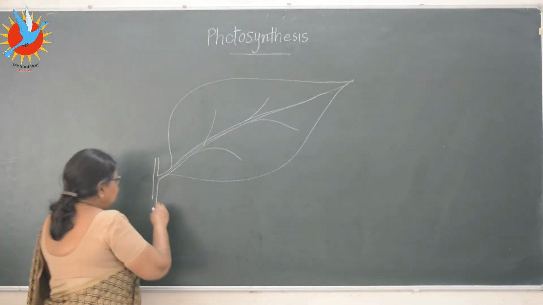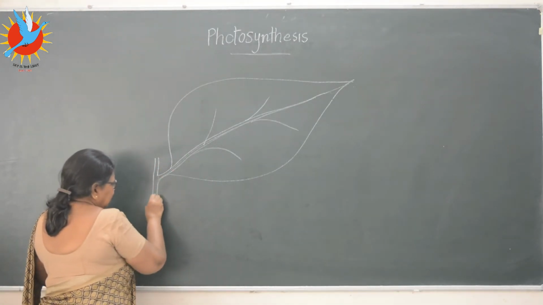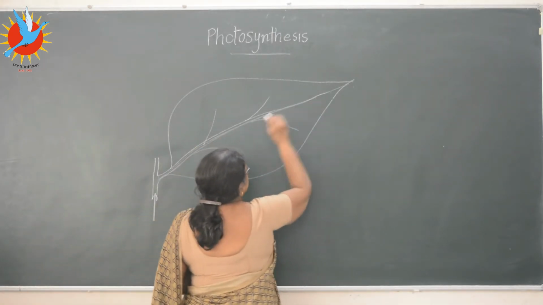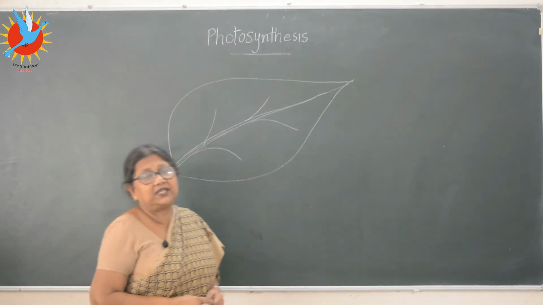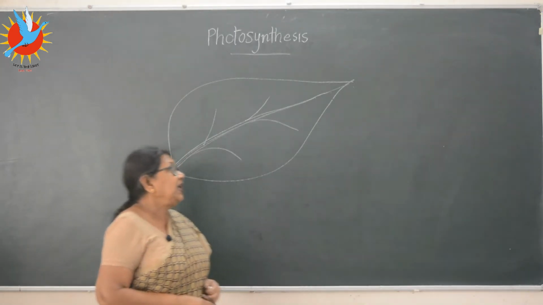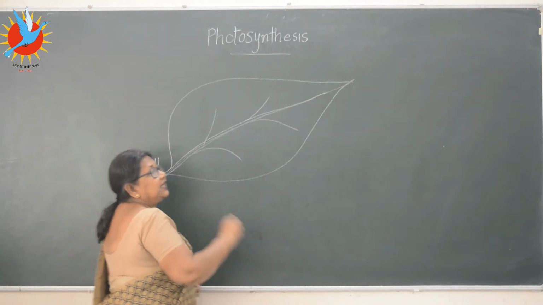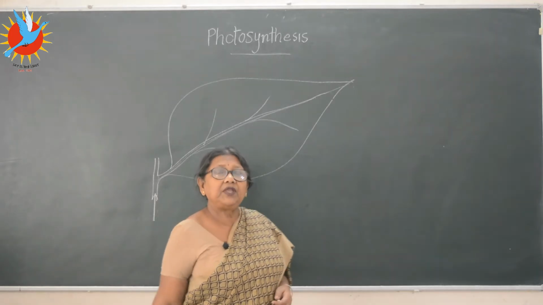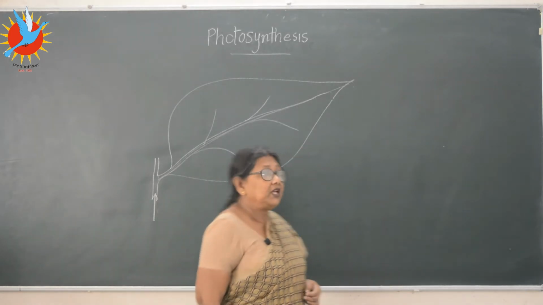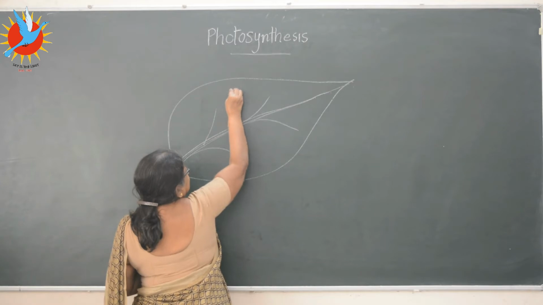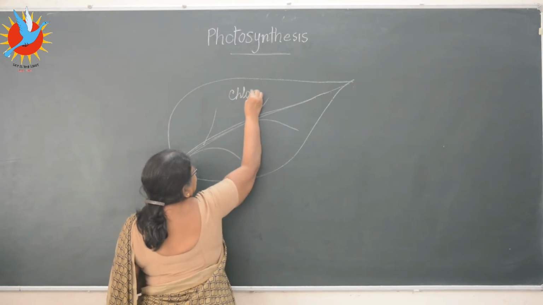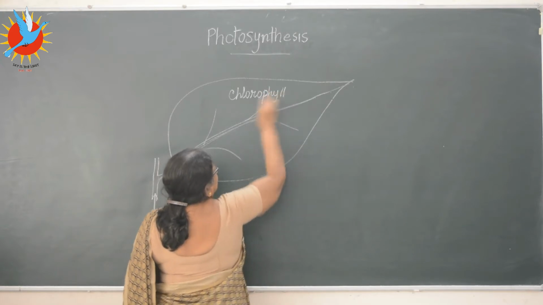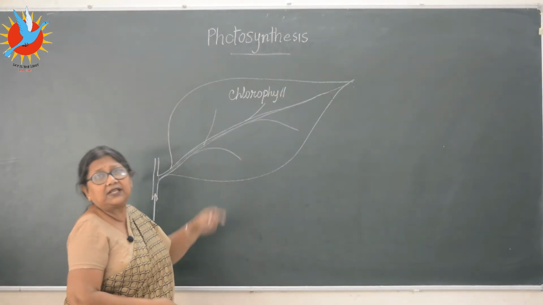So the xylem here is present. This is the part, the midrib, the veins, which is made out of the conducting tissue. Keep that in mind. Now, this is a leaf which is green. What makes the leaf green? Which pigment? Chlorophyll. So chlorophyll is present in this leaf. This is a green leaf. So I write chlorophyll here. That means the word chlorophyll means it's a green leaf.